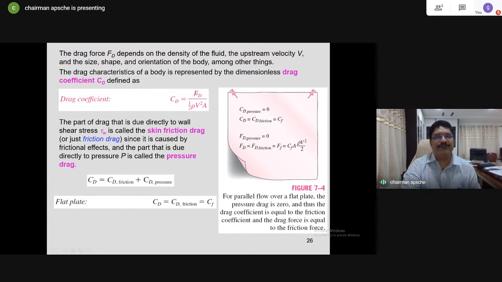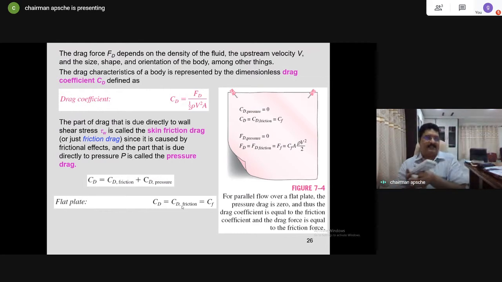So a drag coefficient can also be discussed. Drag force divided by half rho V square into surface area is the drag coefficient. Like your skin friction coefficient, a drag coefficient can also be defined. For a flat plate, please remember, the skin friction coefficient is equal to the drag coefficient, because for a flat plate there is no pressure difference between the front and back. Only for a blunt body, a different object,